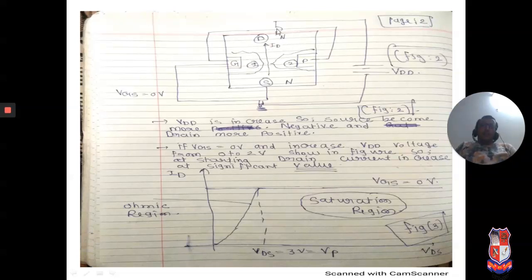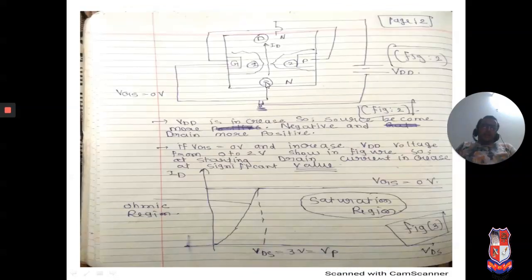Why? Because the N terminal becomes more positive. And if the depletion region is increased, then the electrons have a lower path. It cannot carry a larger number of electrons. Means if here it is 100 volt, here 100 electrons are present, then at the starting point VDD value is 0, VDD value is between 0 to 3. Here 0 to 3 volts.